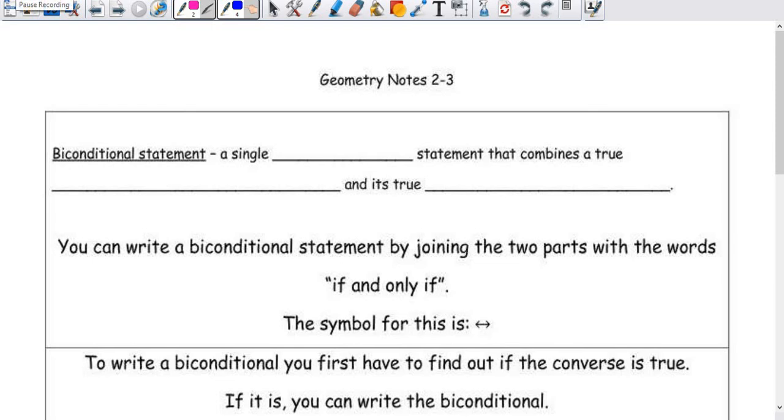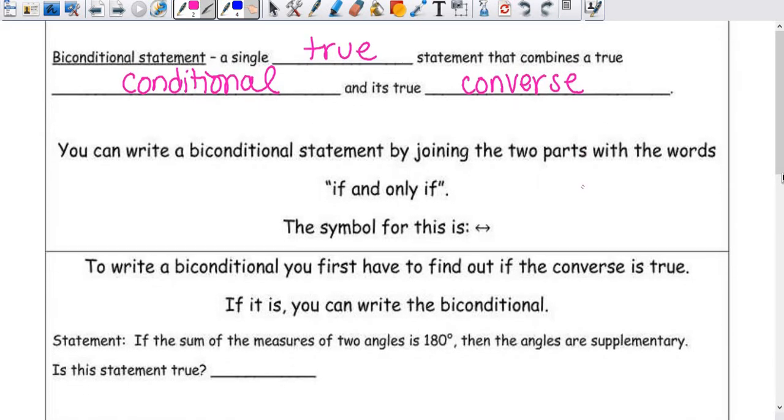All right, let's start section 2.3. That is on biconditionals. A biconditional statement is a single true statement that combines a true conditional and its true converse. So we've got our conditional original and the converse, which just switches the order. You can write a biconditional statement by joining the two parts with the words if and only if. What it means by these two parts is what makes up a conditional and a converse, which is that